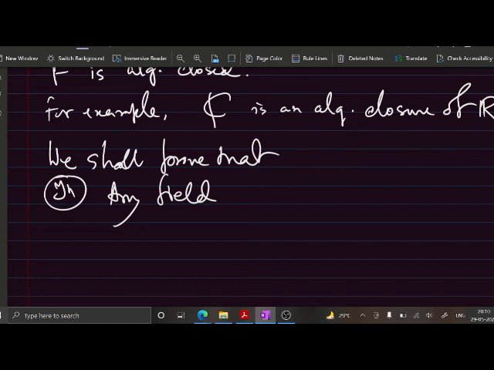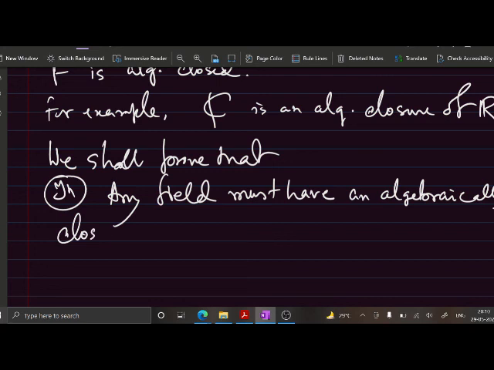Any field must have an algebraically closed extension. That is, every field has an algebraic closure. Okay, পরের দিন করব। Every field has an algebraic closure, এটা আমরা